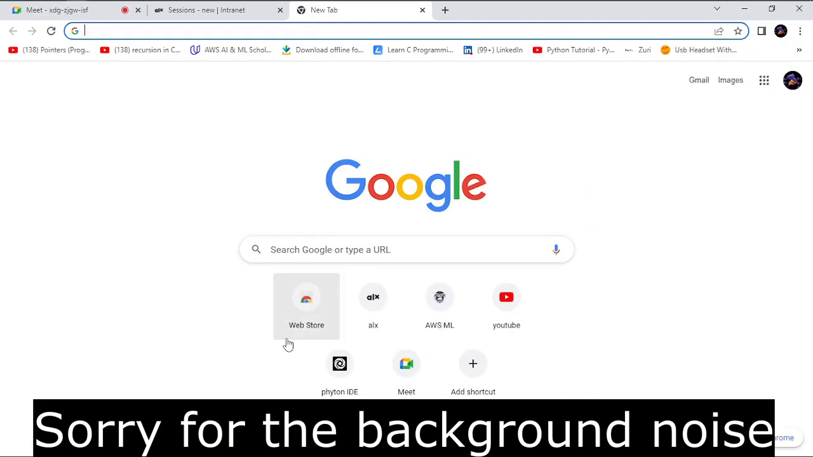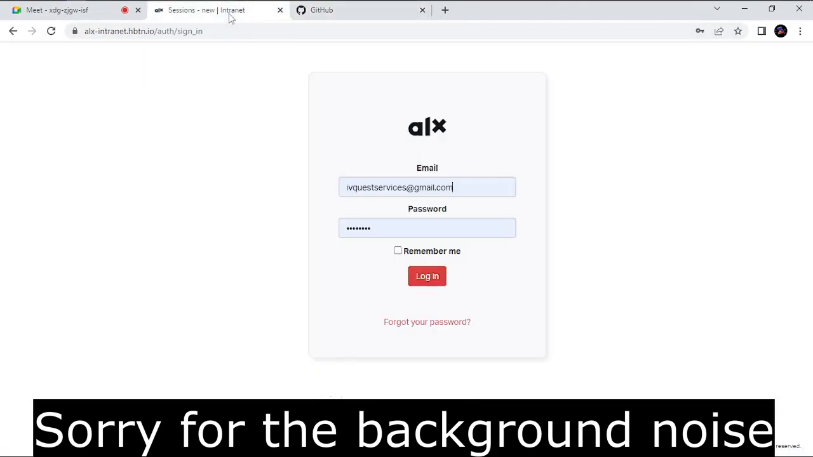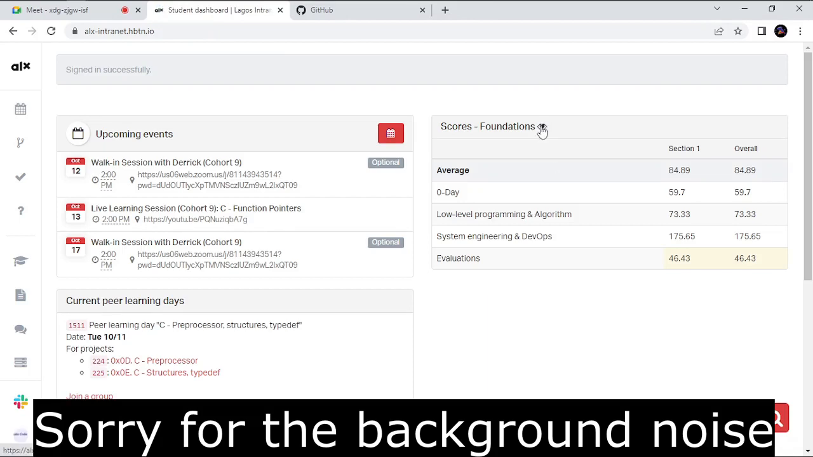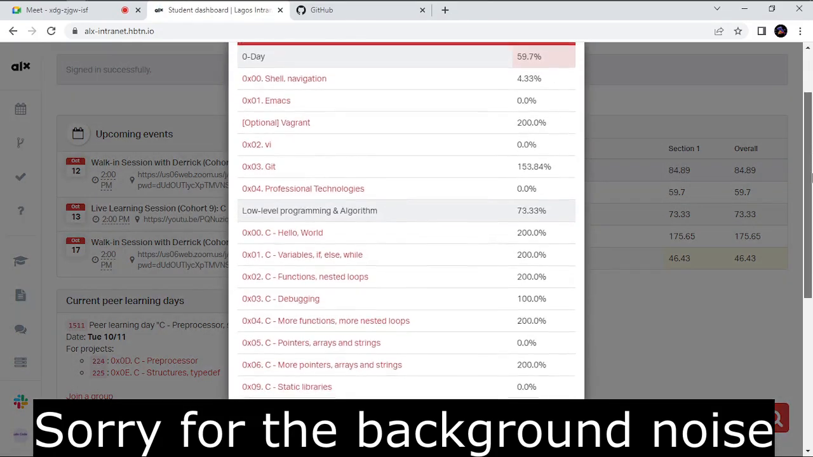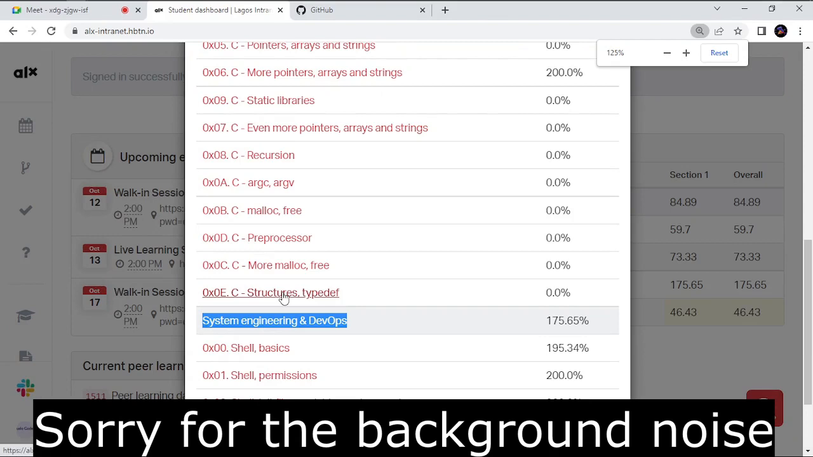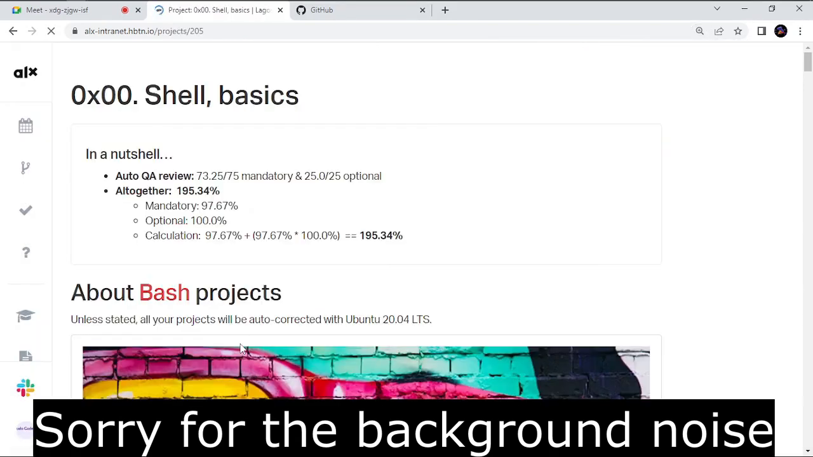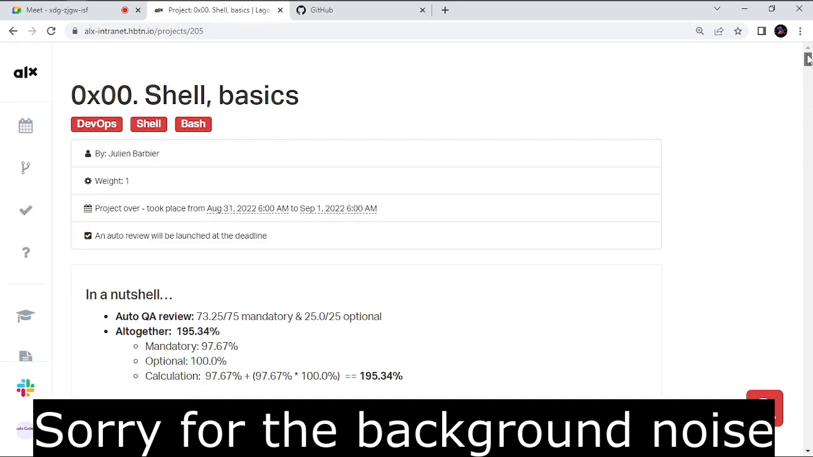Okay, so the first thing is to go to GitHub for that tags. Let's log in first. So this is the project, System Engineering DevOps. That's Shell Basics as the first one. That's what we want to do. Shell Basics. When we come here,